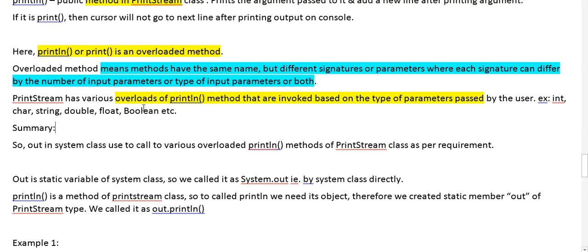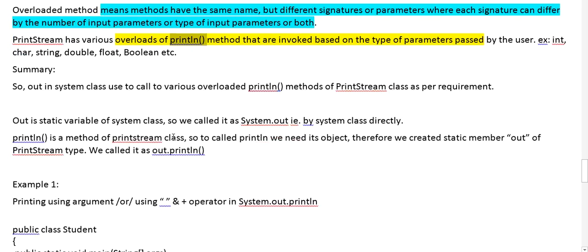As you know, the method name println is the same, but if we pass an integer, it will print the integer value. If we pass a string, it will print the string value on the console. So that is why we call it an overloaded method.